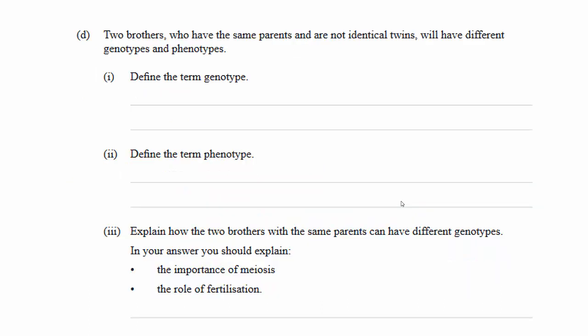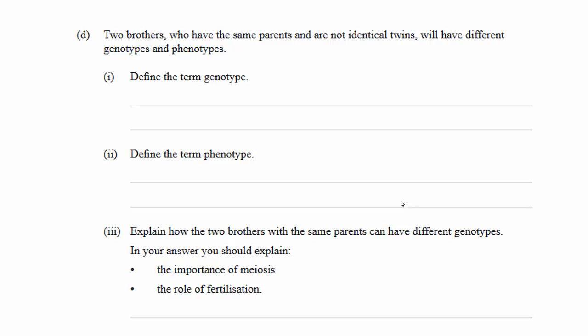Okay, question 2D is asking us about two brothers who have the same parents and are not identical twins. They will have different genotypes and phenotypes. Question 2DI and II are asking you to define the term genotype and phenotype. I've given you the definitions earlier in this video, so hopefully you will be able to do that quite comfortably now. The next question asks you to explain how the two brothers with the same parents have different genotypes,